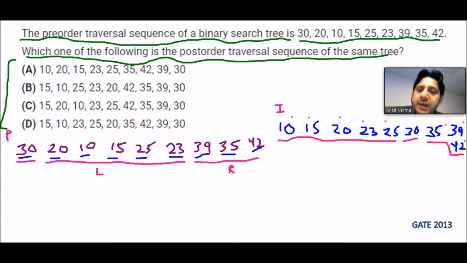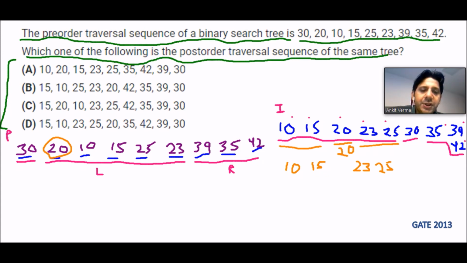Next we see the first element in the left subtree, which is 20, and 20 will be the parent of all the elements under the left subtree. So we match over there. 20 is here, that means 20 will be the parent and the other elements will be its children, like 10 and 15 this way, and 23 and 25 on the right-hand side. Those coming on the left side are the left child, and those coming on the right side are the right child.